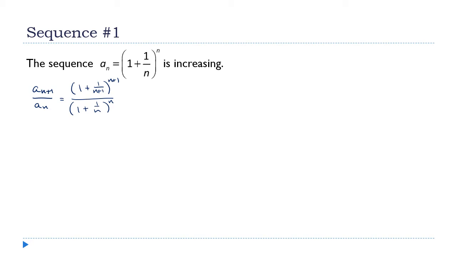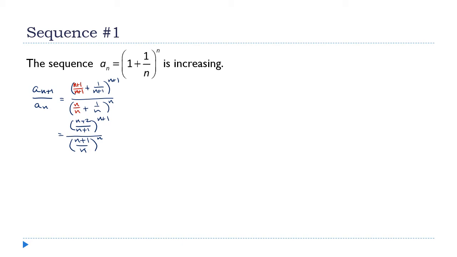I'm going to make this 1 into (n plus 1) over (n plus 1), and I'm going to make this 1 into n over n, because now I can add these fractions together, right? This is ((n plus 2) over (n plus 1)) to the n plus 1, over ((n plus 1) over n) to the n. Okay, now